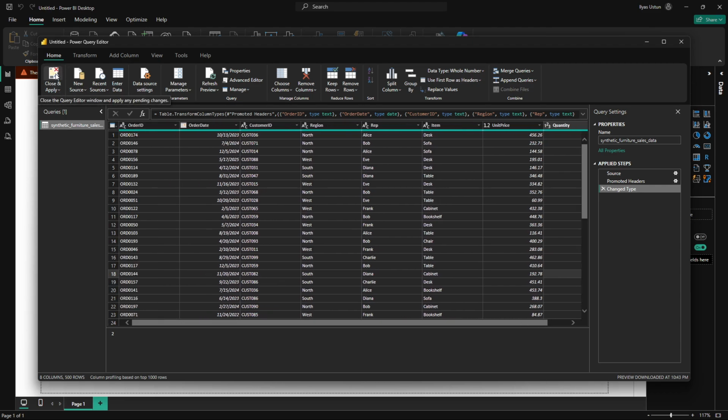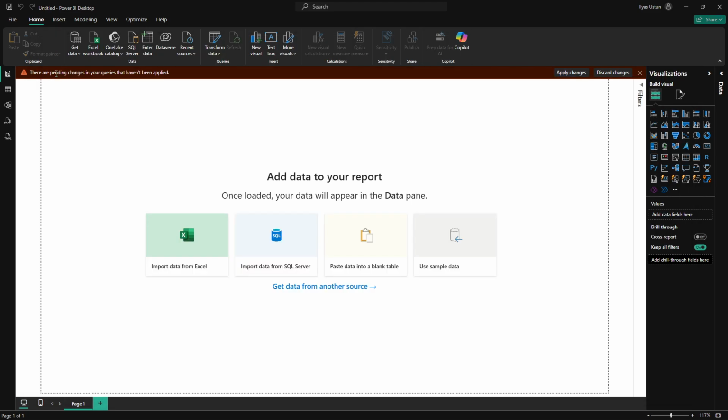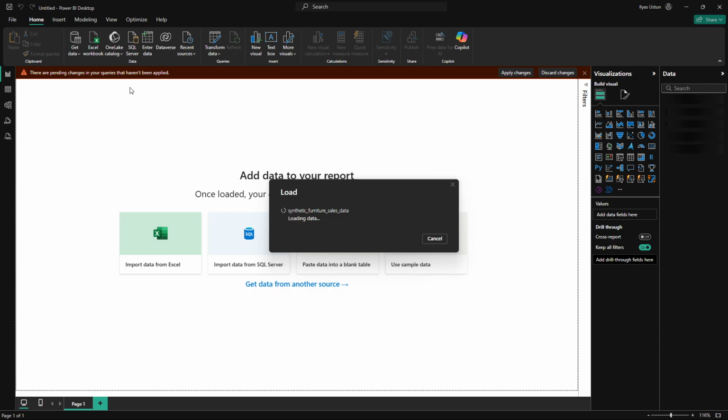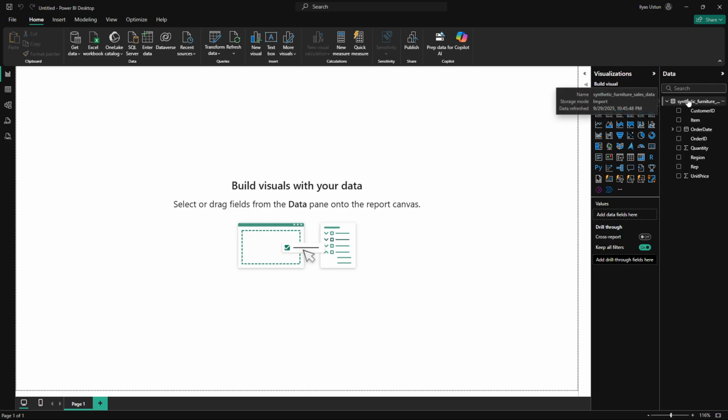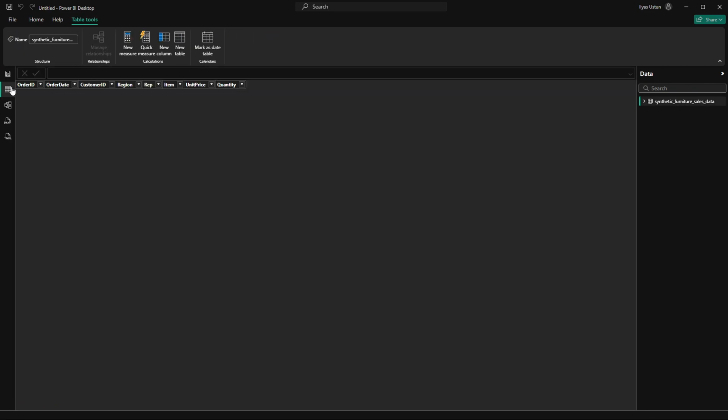Once you're satisfied, you can click on this one. And this will close the transform window in front of you and load the data into your environment. So the data is now available, as you can see on the right side under data. If you click on this arrow, this will open up. You can see the different columns there. You can also see your data under this